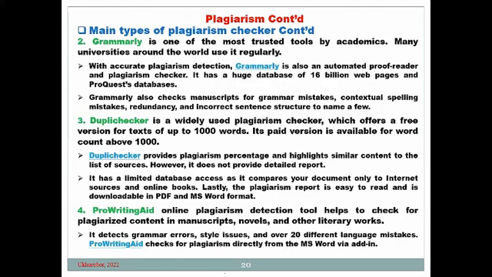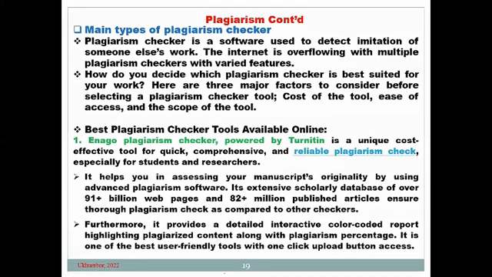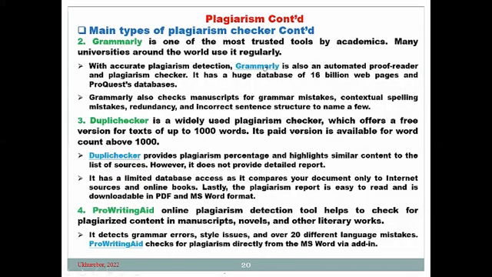You see the hyperlink for each in this work. There's a source for all my work. So you can click on it and learn more about Turnitin. Likewise Grammarly, I put a hyperlink. You can click on it directly. If you're online, it will take you to the Grammarly website where you learn about Grammarly. The other most popular one they also use is the Duplichecker. You can also see the link and you can check. There's another one they call ProWritingAid. You can also see the link. You can click on it and learn more.